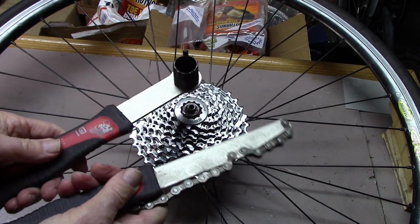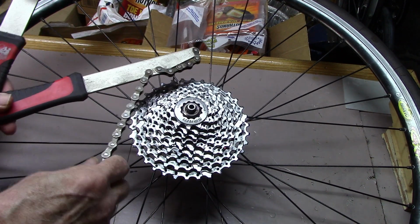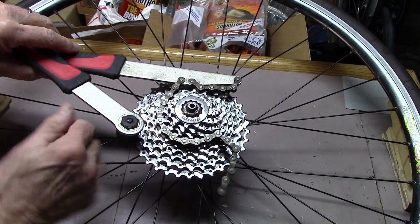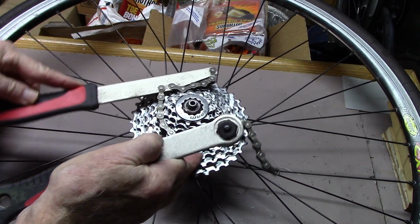One of our viewers complained that the Bike Hand handles were so stiff they cut up their hands. The trick is how you use the removal tools. Place the chain whip somewhere around the fourth or so cog that'll hold it in place, and then move it around